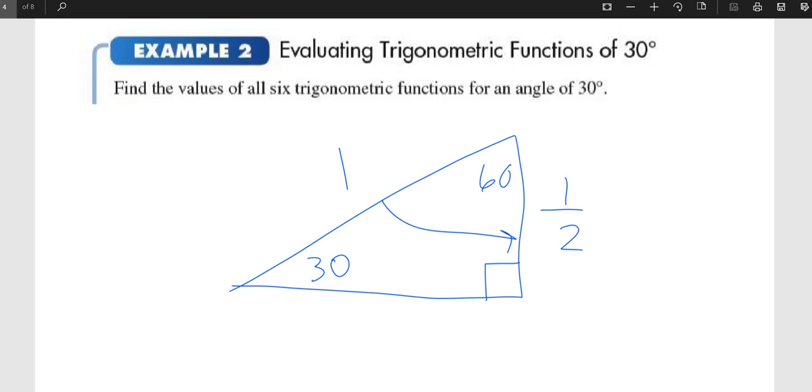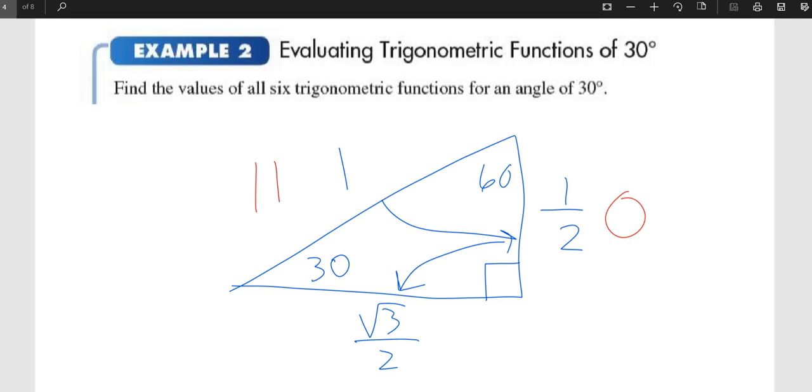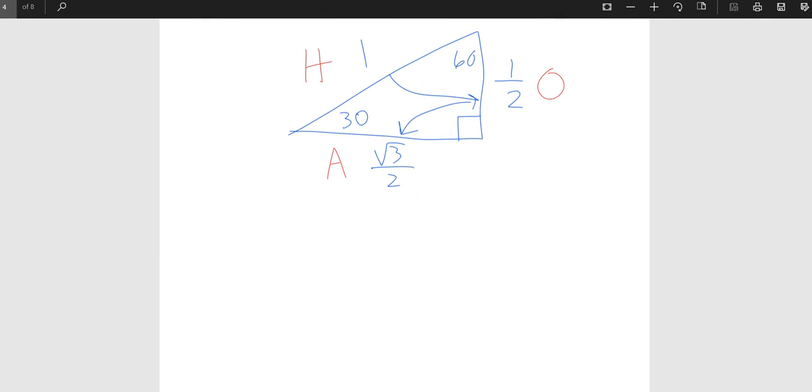Now, what would I multiply by to get to the long leg? Now you pull the radical 3 out. Okay? If I multiply 1/2 by radical 3, I get radical 3 over 2. So we've got the opposite, we've got the hypotenuse, we've got the adjacent. So sine 30, cosine 30. Let's see if we can do this quickly and get these knocked out before the end of our day. Figure out those, and then we'll go to